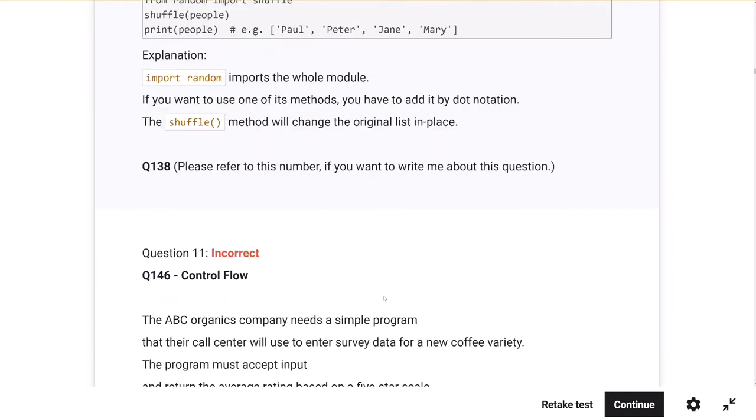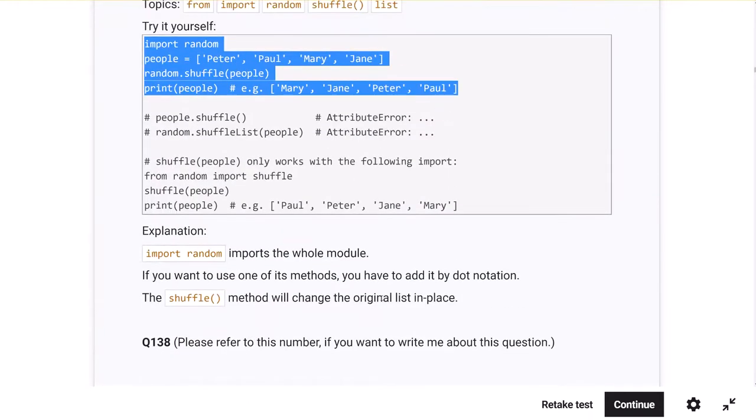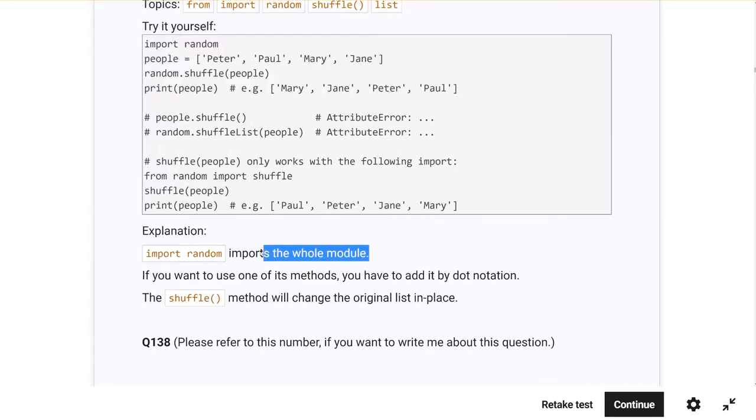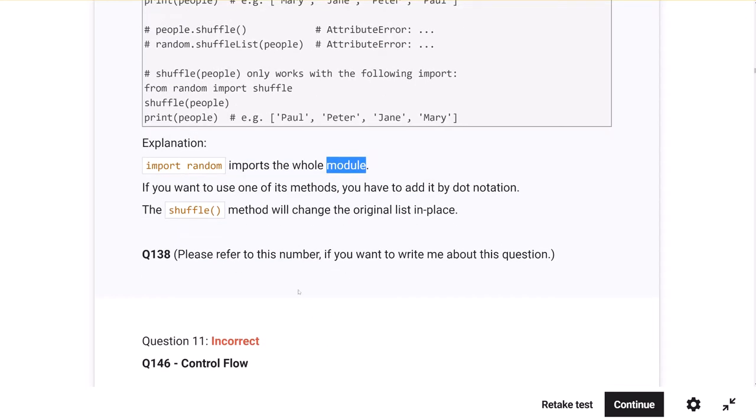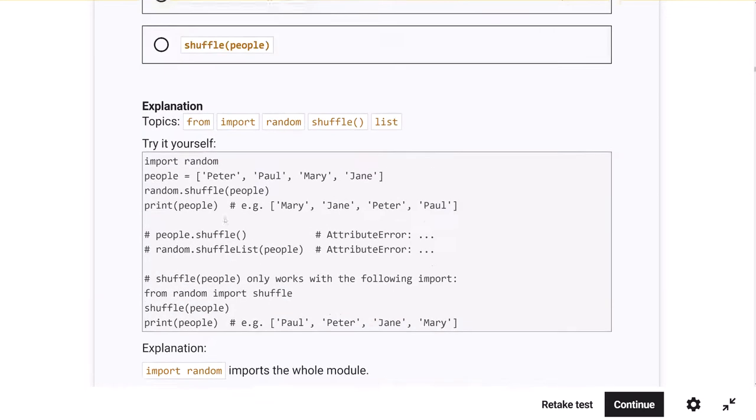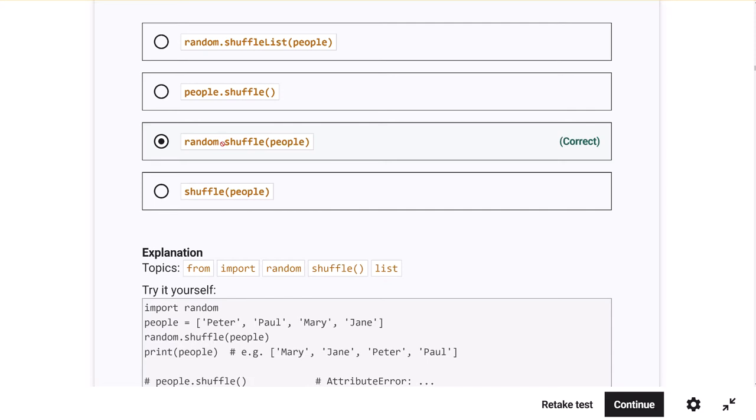So this explanation kind of sucks. Import random imports the whole module. Okay? Not modulus, module. Module means a library. So we can use objects and we can use methods. If you want to use one of its methods, you have to add it by dot notation. That's what I was talking about. So by adding the dot notation, which is dot right here,